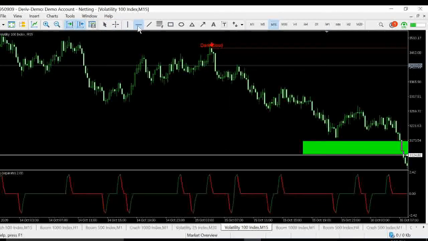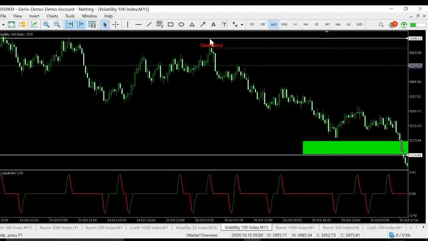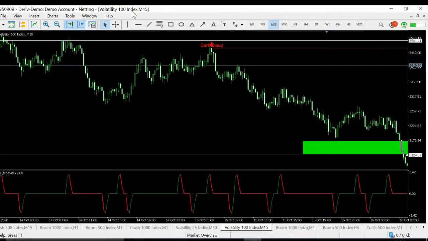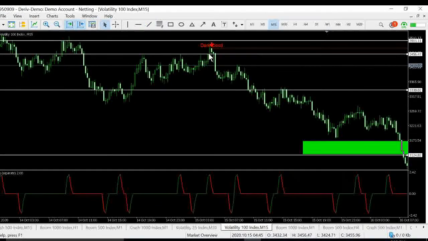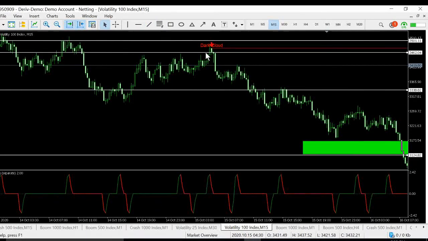Then look at the risk to reward ratio. Our stop loss is just going to be above the signal. Our take profit is going to be here. So that was somewhere here. And then our entry was here, guys. Immediately you saw the signal. So you can imagine the risk to reward ratio. This was like risking $1 to get over $4 or $3, guys. This is like risk ratio 1 to 3. So that is how it works, guys.